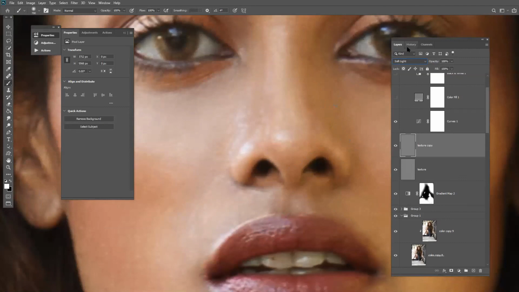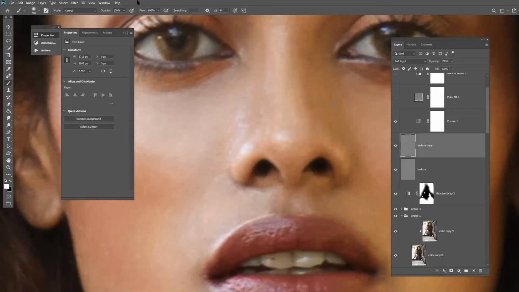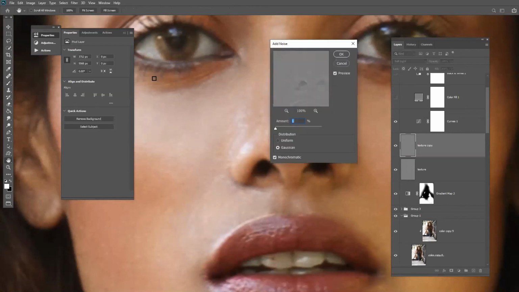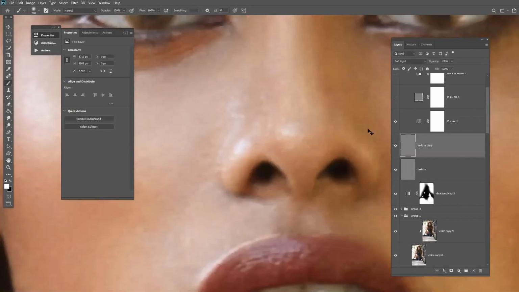Let me add the noise once again, you will get an idea. Slight enhancement of the textures will come out, details, very slight. Can you see when we add the grains?